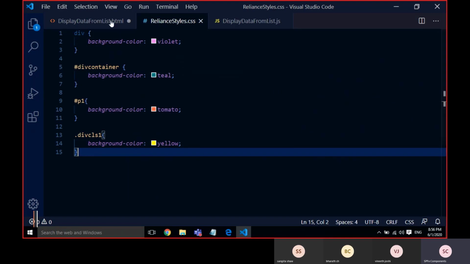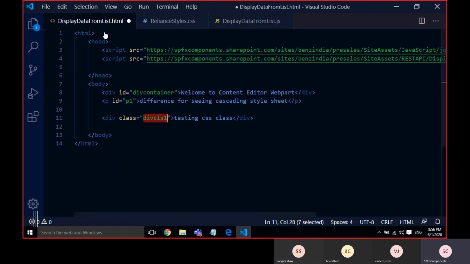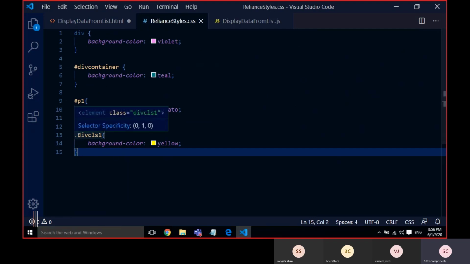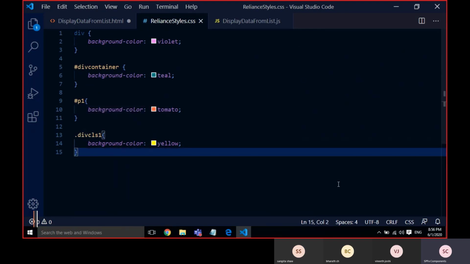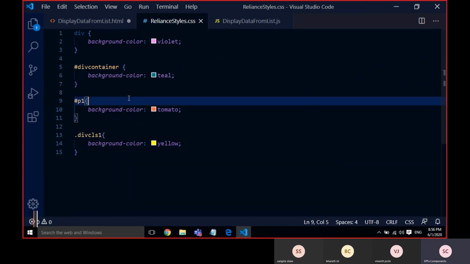My class name is div CLS1. Since it is a class, I gave dot, then my class name. So we can create the CSS file in this way based on your requirement.